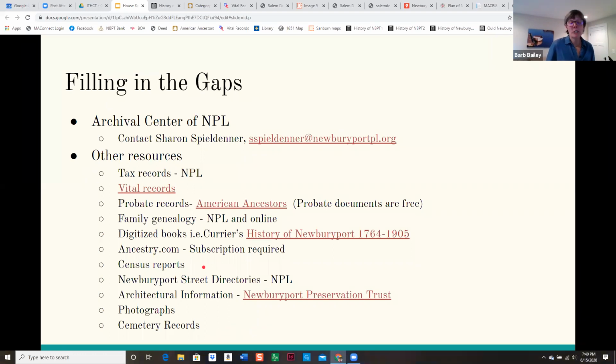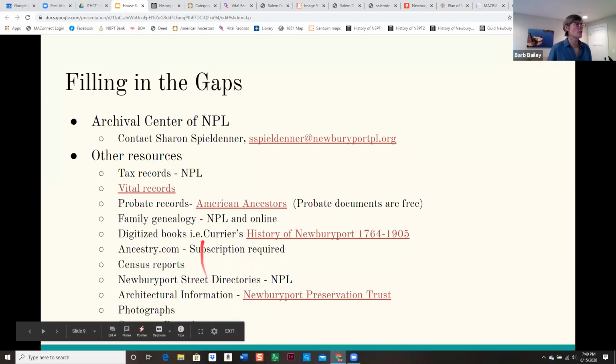The Newburyport street directories, those are available at the library. Those are very valuable and helpful. But you have to know the person you're looking for. You can't say, I want to see who lived at 19 Boardman Street. It doesn't do it that way. I'd have to know that Cooper lived on Boardman Street, so then I would look up Cooper and look at all the Coopers until I found someone who lived at 19 Boardman. But those are really helpful